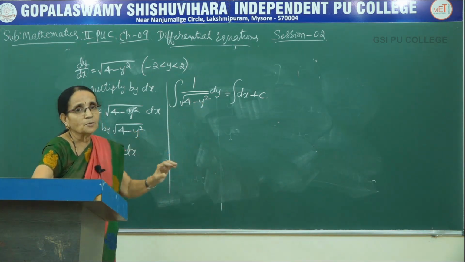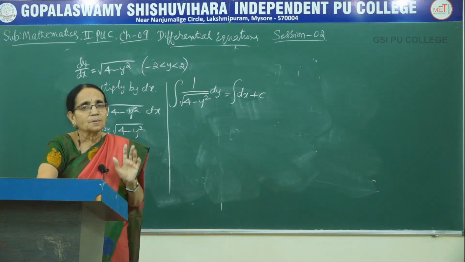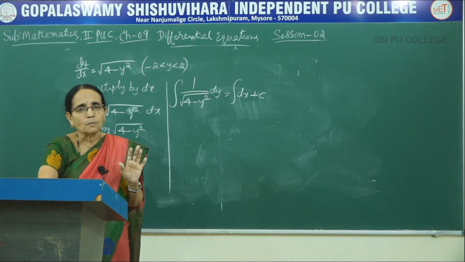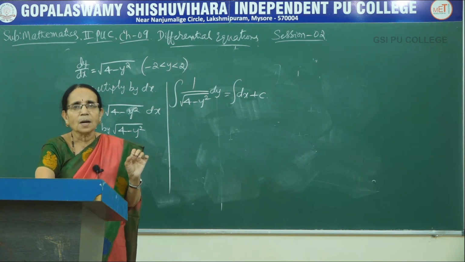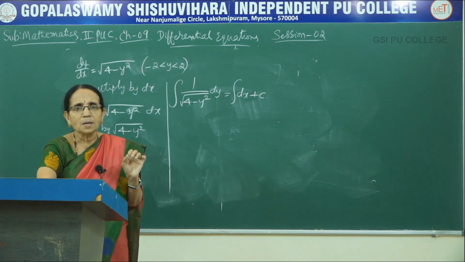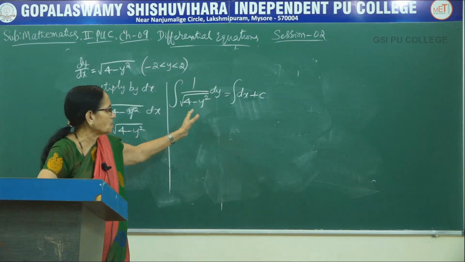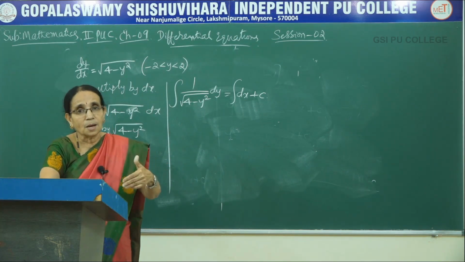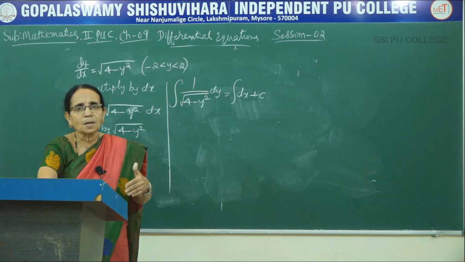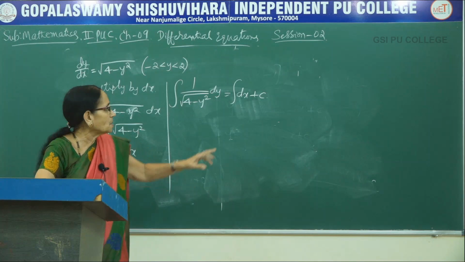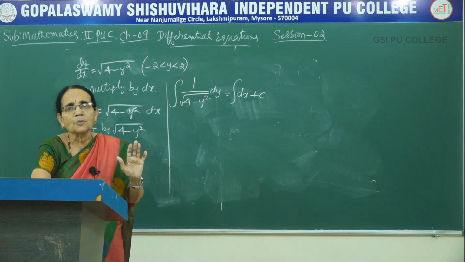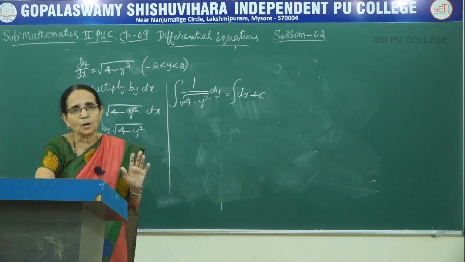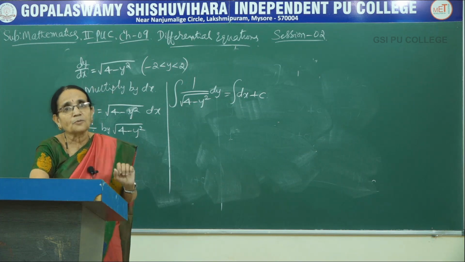Now this is one of the special functions. 6 special functions have been taught to you. 1 by a square minus x square, 1 by x square minus a square, 1 by a square plus x square. The quadratic terms here. That is the next 3. Same terms are there. They are given under the radical sign in the denominator position. 1 by root of a square minus x square, 1 by root of a square plus x square, 1 by root of x square minus a square. They are very important formulae. That's why we call them special functions.